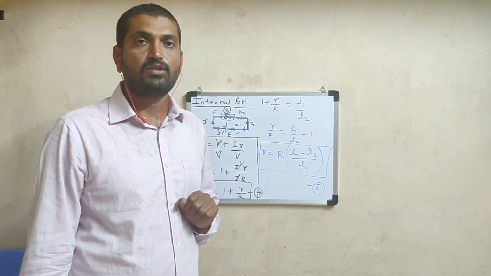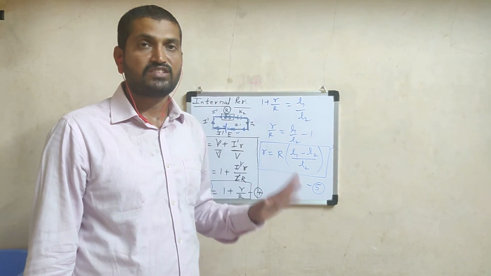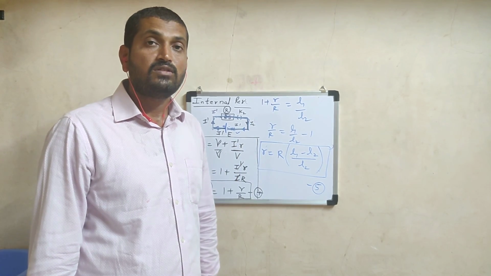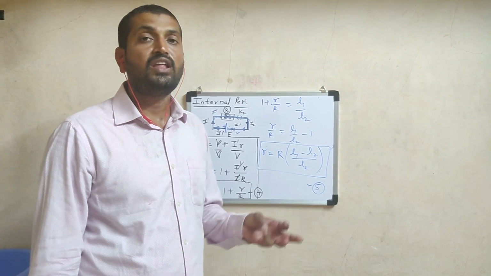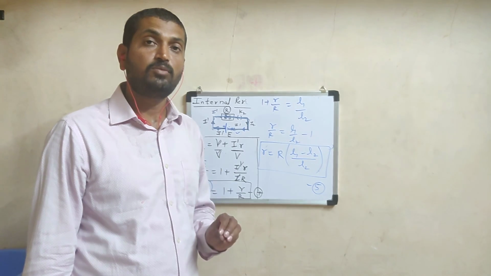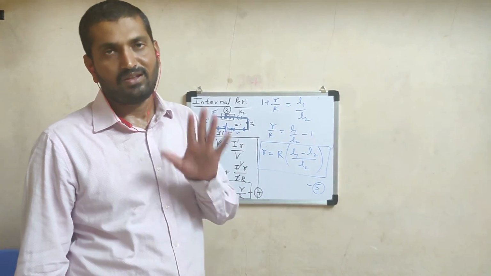Now this is about the application part related to the potentiometer. Both applications are now completed. One more article on the potentiometer is left, that is about the advantages and disadvantages of the potentiometer compared with the voltmeter, which we will consider in the next lecture.